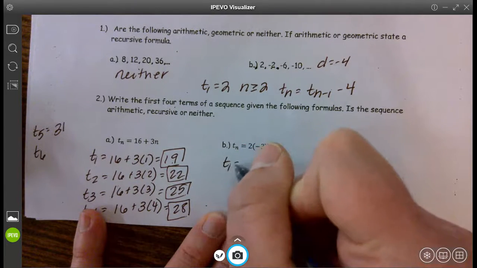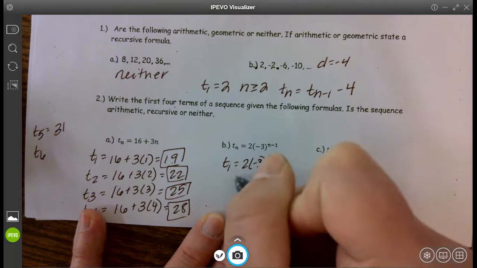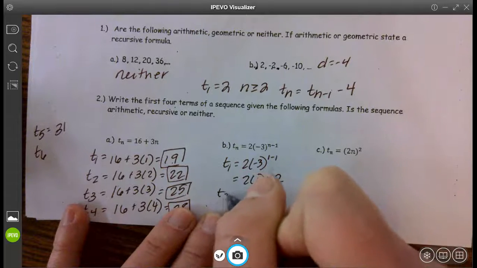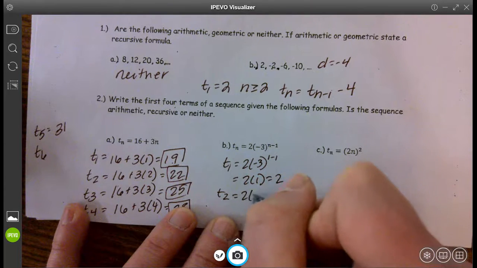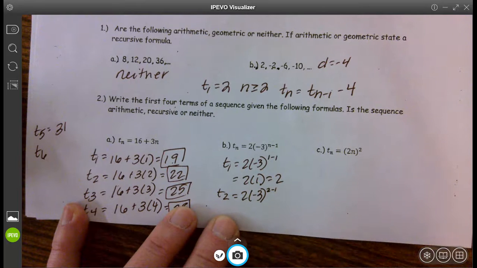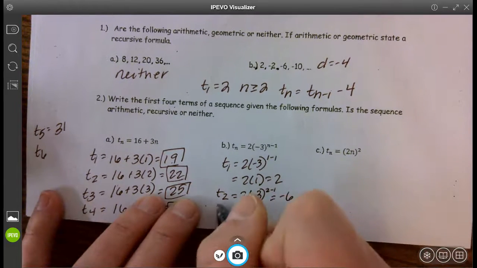Here, term 1, it's going to be 2 times 1, which is 2. Term 2 is going to be 2 times -3, because this is to the first power, which is -6. Term 3